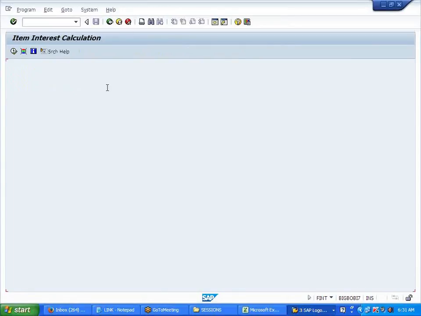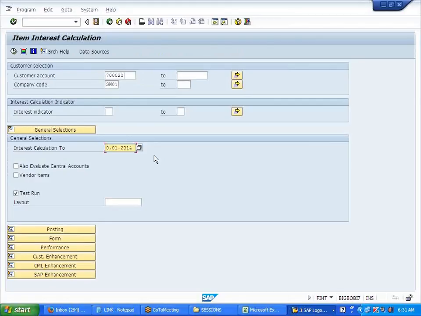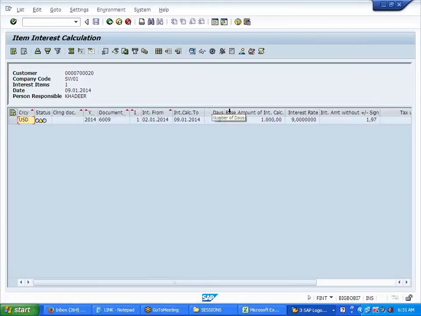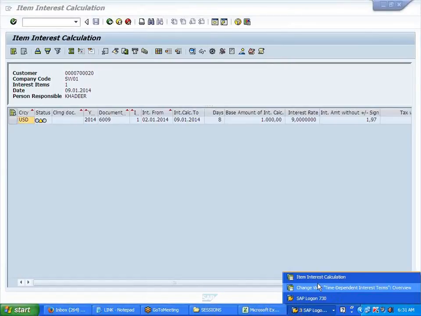So it will calculate only from the 9th, because even on the 8th it will be 7 days. Grace days we gave, so it should not calculate for 7 days. From the 8th day it should calculate. It should be above 7 always. Tolerance part, got it?